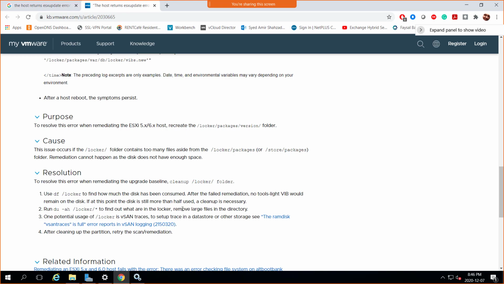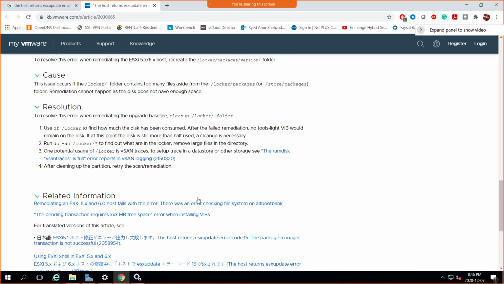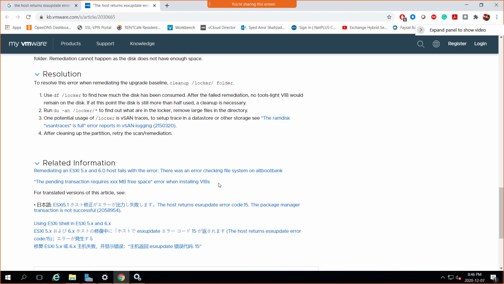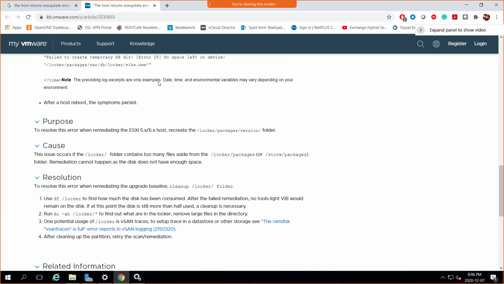Run that. Okay, so it gives a lot of recovery options there. After the partition, retry the scan and remediation again. Related information: remediating fails for translated versions. Okay, so I'll put that article there as well on your site, and I'll put this on the portal as well.